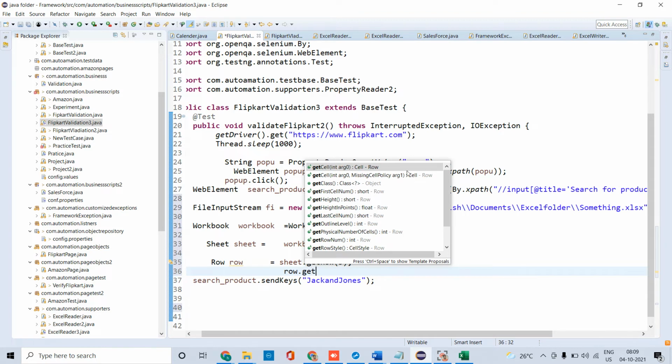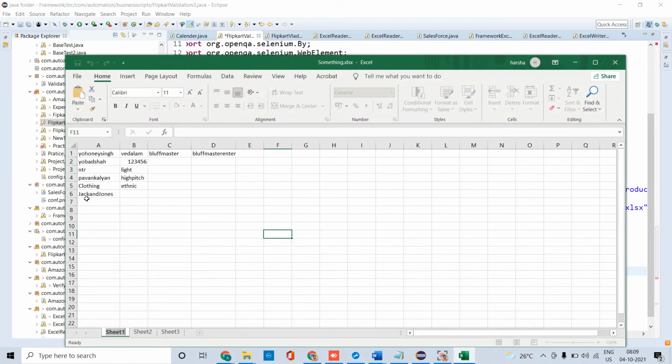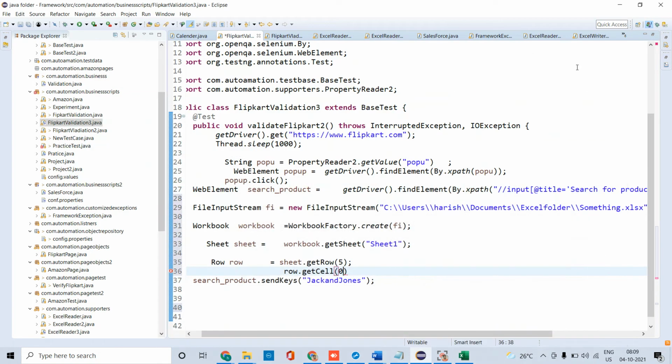I want to get the cell value. So fifth row, zero cell value. Here it is. Fifth row, zero cell value. That's why I'm taking 5 comma 0. That is the cell value here.